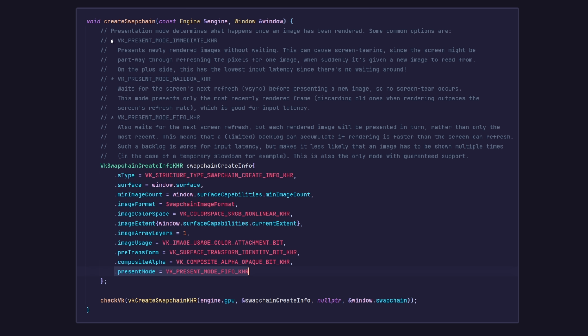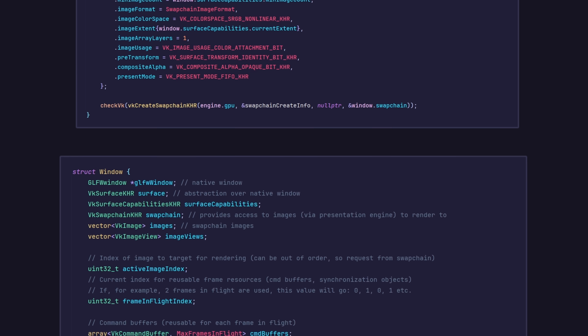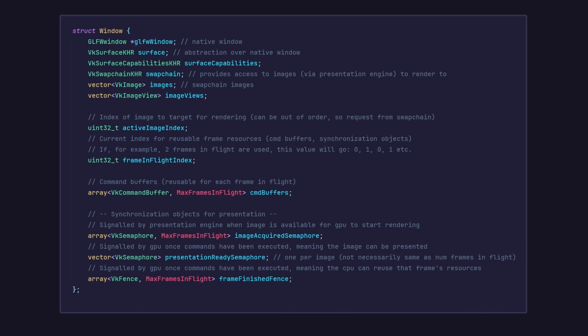Like, you can do it immediately and risk tearing, or wait for the next refresh cycle. I wrote a whole essay up here because I was a bit confused by the trade-offs at first, but I think it's making sense now. Anyway, after a few more setup steps, I've ended up with a window structure that looks like this, and most